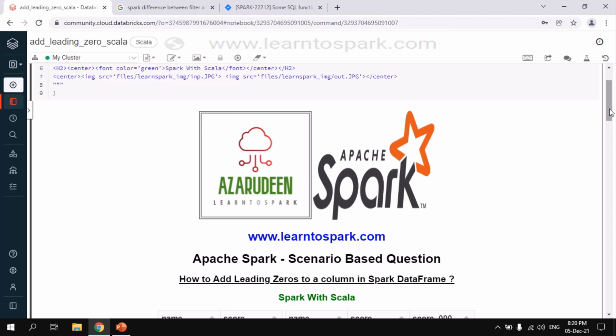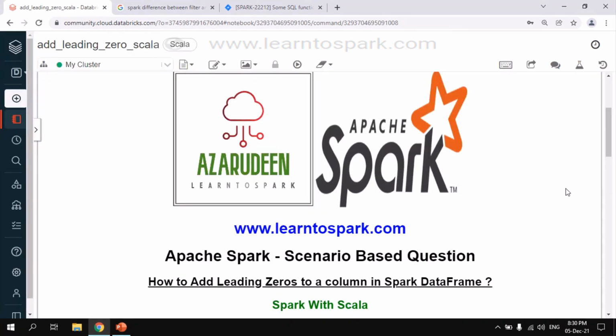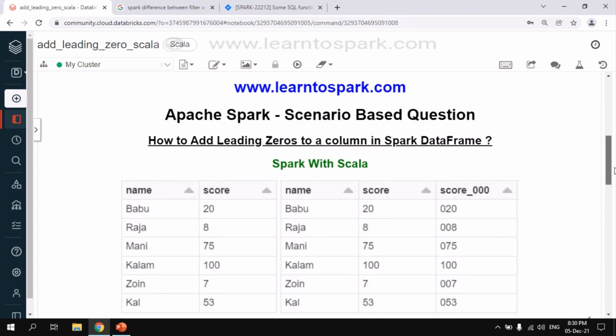That being said, we are in my Databricks Community Edition, and I have started the cluster as well, and we are done with all the steps. Let me go through all the steps one by one for our understanding. Before moving further, let us start with the data sets that we have for today's demo.